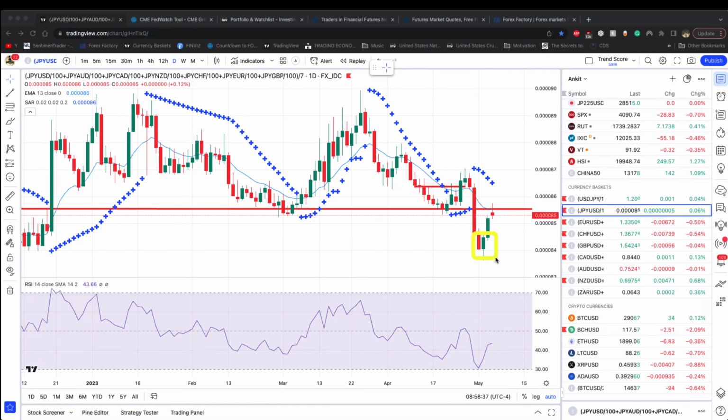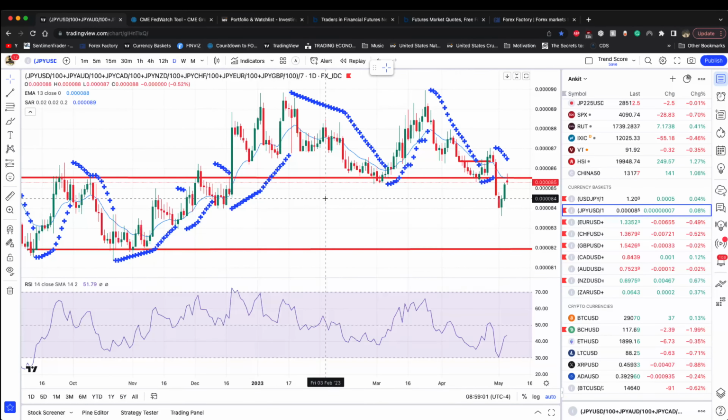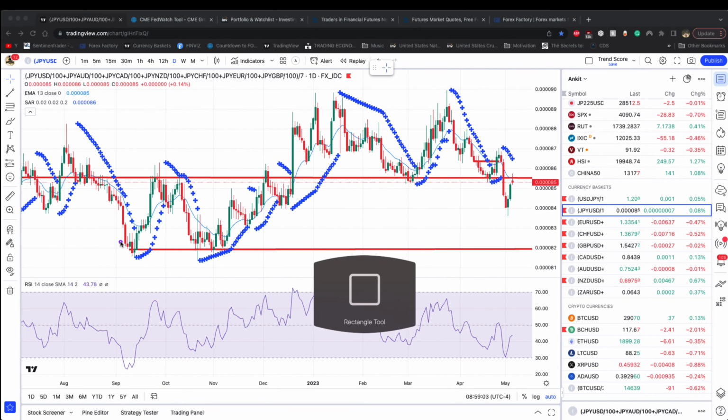I know it looked very extended here to get in, but at the same time, if that bearish outlook is still there, we know that Bank of Japan is not changing, and the next meeting is in June, I think. Meanwhile, what is the price action? If the price action stays weak, then I think we can continue moving that, because it still has more room to fall to the downside.